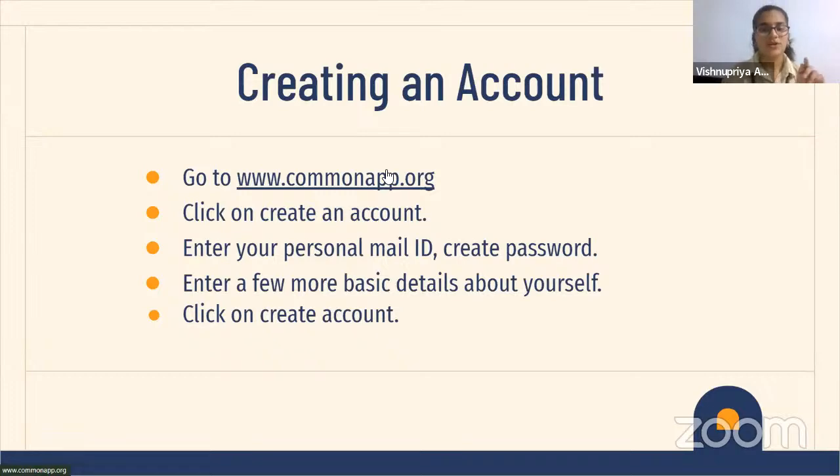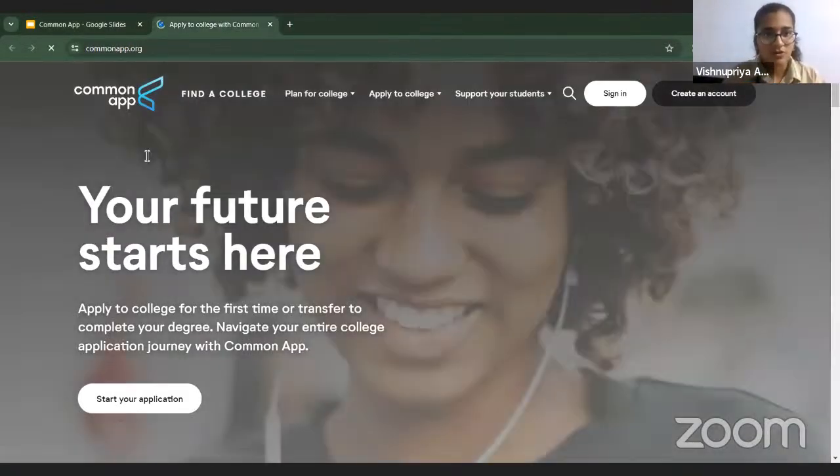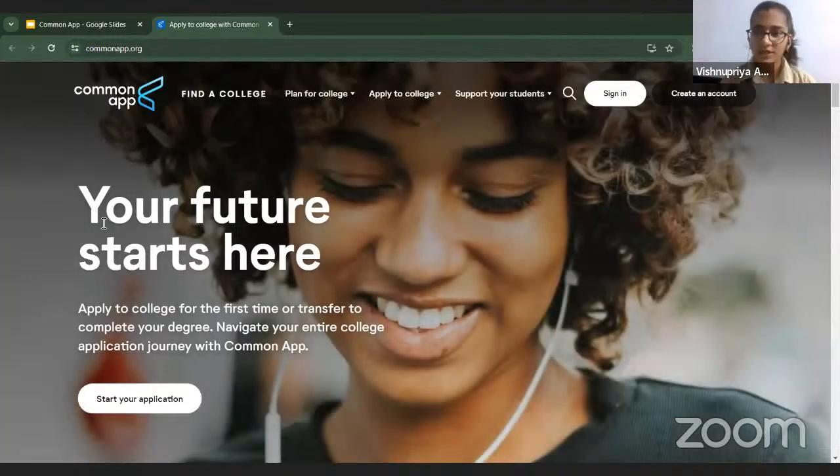And now I'll just give a run through of how to create an account. We won't be creating an account, but we'll just look at it. It's very simple. So this is the Common App homepage, and here you have sign in, start your application, but you also have create an account. So we click on create an account,